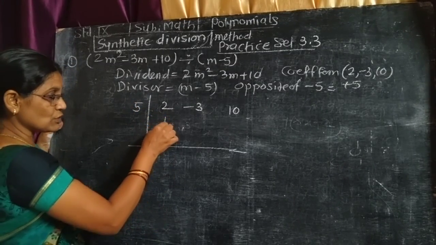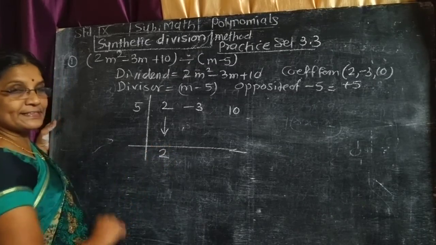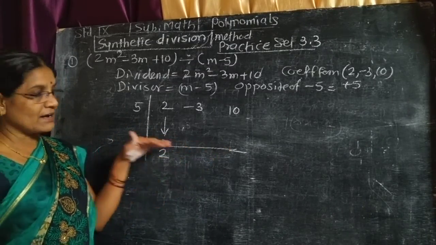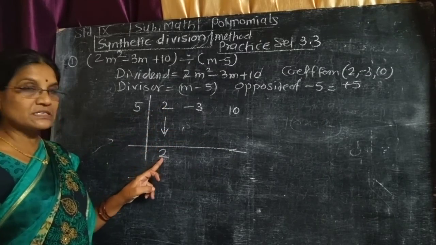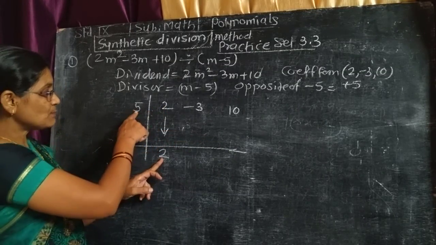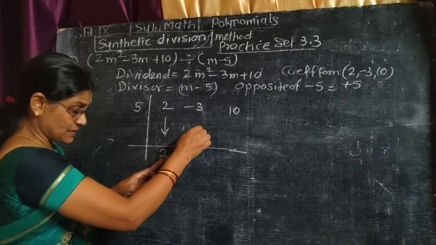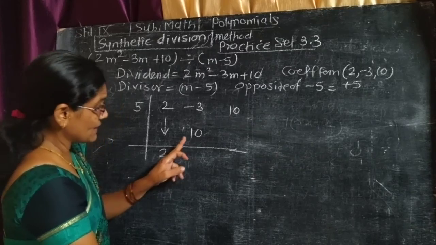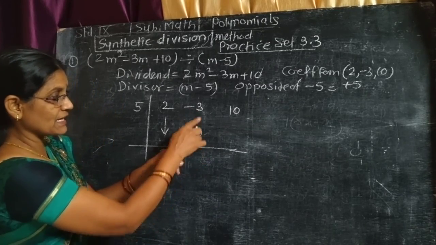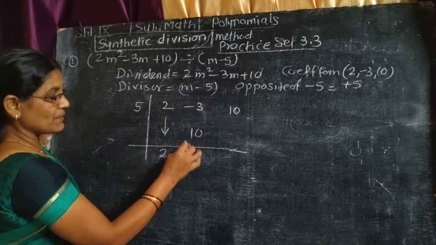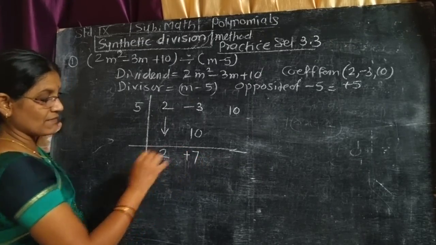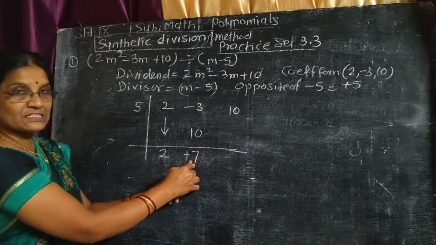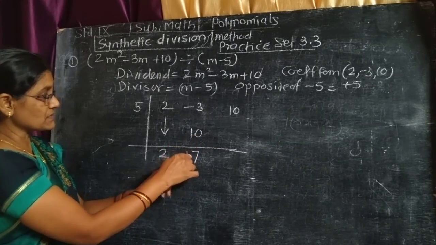This first number 2, write down as it is to the lower side of this horizontal line. या आडव्या लाईनच्या खाली हा पहिला नंबर तसाच्या तसा लिहिला आहे. This 5 into 2 is 10. 5 into 2 झाले, त्या ठिकाणी 10 तयार झालेले. minus 3 plus 10, आता हे सॉल्व करायचं आहे. minus 3 plus 10 आपल्याकडे मिळणार आहे plus 7. या 10 आणि 3 मधला डिफरन्स काढला 7 आणि 10चं साईन दिला प्लस.